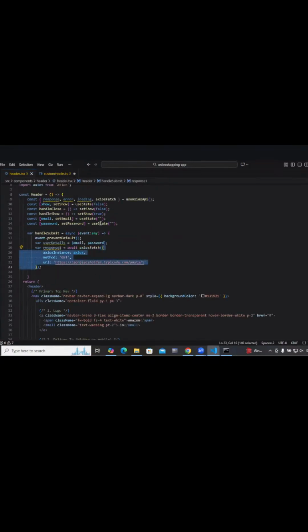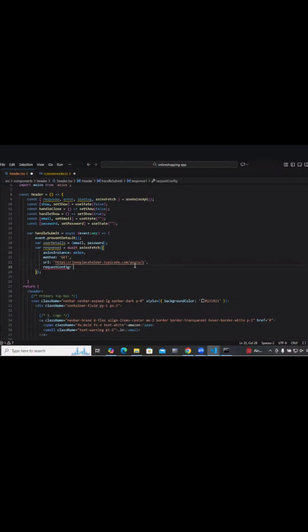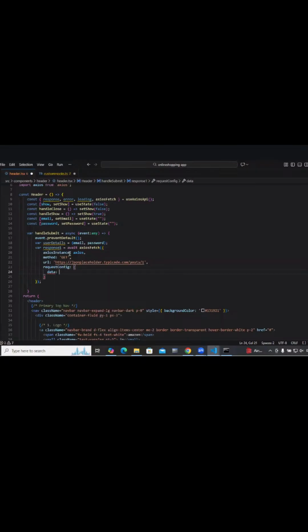Now, for example, if you have to pass this request config, what do you mean by this request config? Request config is, for example, when you want to pass any data, like user details, etc. That data will be going as a request config. That request config will be passed to Axios as an object. For Axios, you'll be passing a URL and the request config. Request config is headers, data, what you want to pass to the server. Those things will be part of this request config.